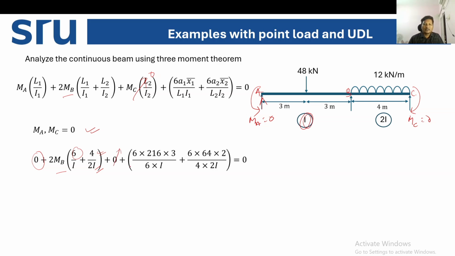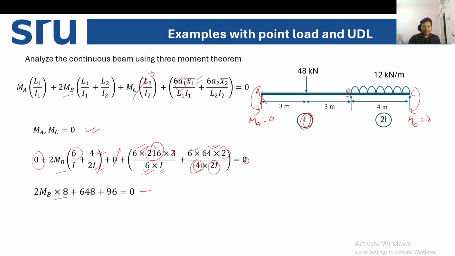So this section is 0 plus 6 A1. A1 we have calculated before, that is 216. Then X1 bar we have calculated as 3, divided by N1 into I1, that is I, plus 6 A2, which is 64 as we have calculated. Then X2 bar is 2 divided by 4, that is your L2 into 2I, your I2, is equal to 0. If you solve this particular equation, we get 2 MB into 8 plus 648 plus 96